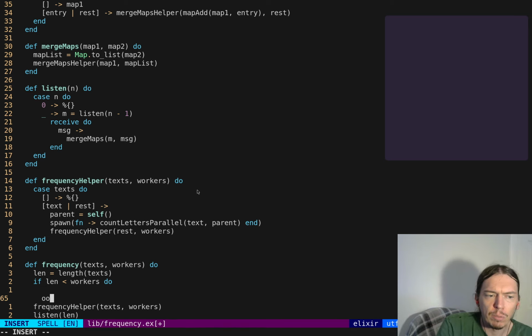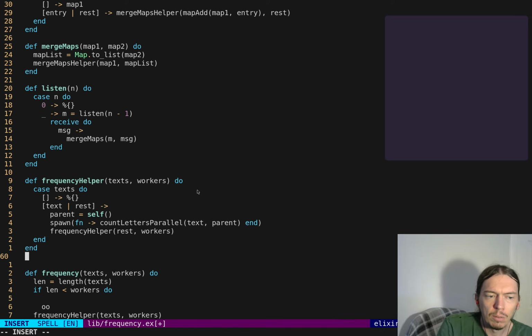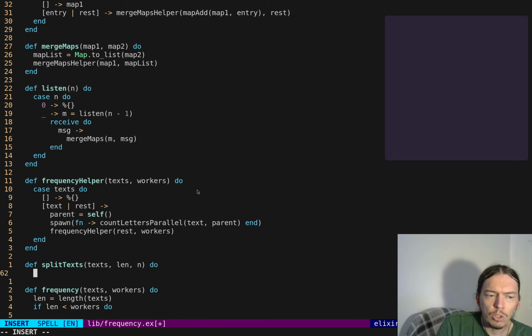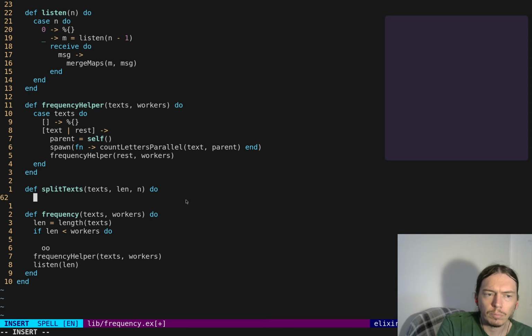Okay, so this is going to have to be split texts. We'll take in texts and n. Len and n. It'll take in those. So for split texts, we'll go num equals,